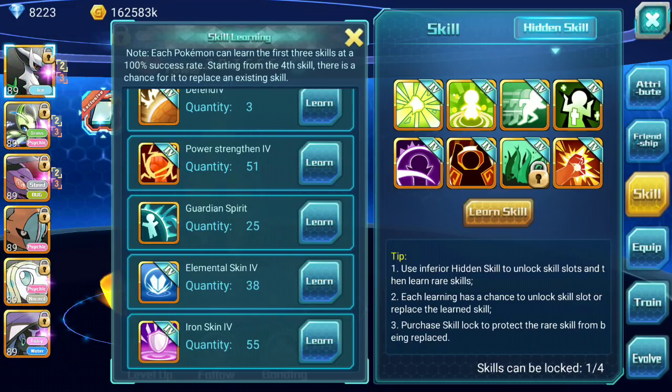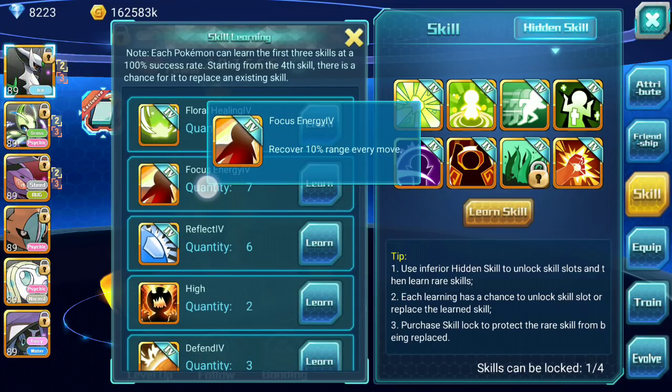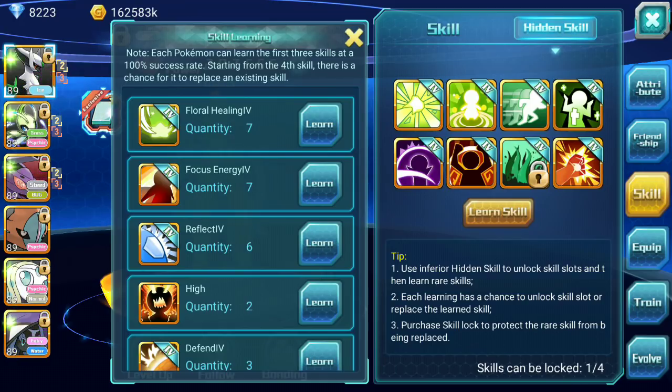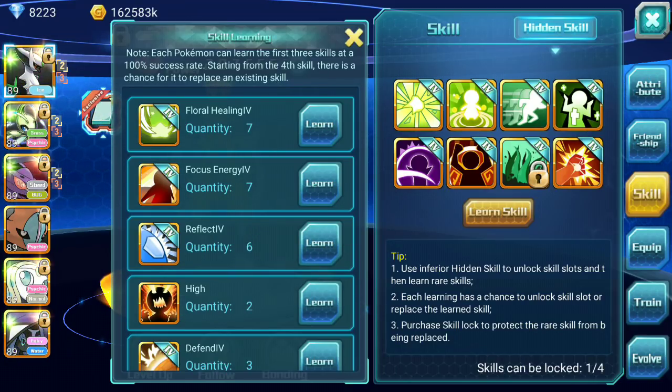So some other people might have another build for him, which includes Focus Energy, which will increase his rage for him to be able to do damage using his Fury, which is really high, and high as well, which gives him a 50% rage from the start. But